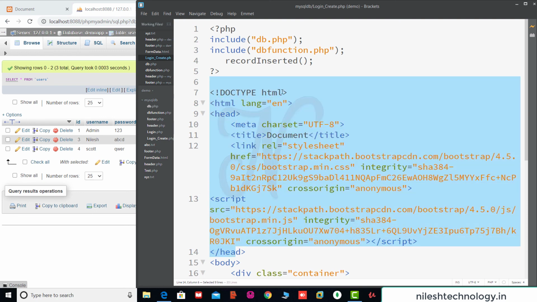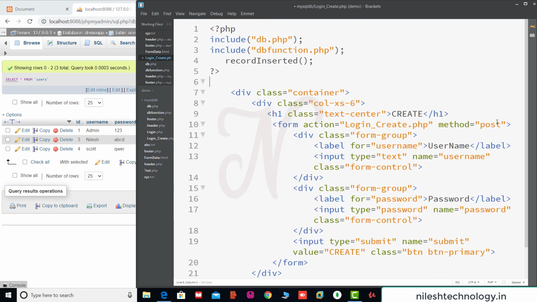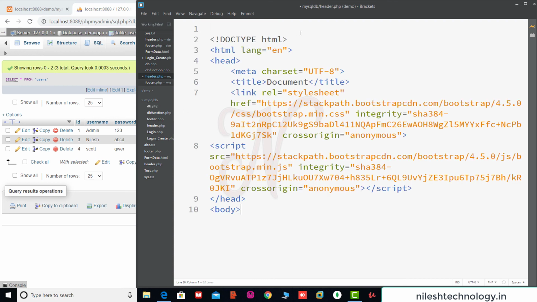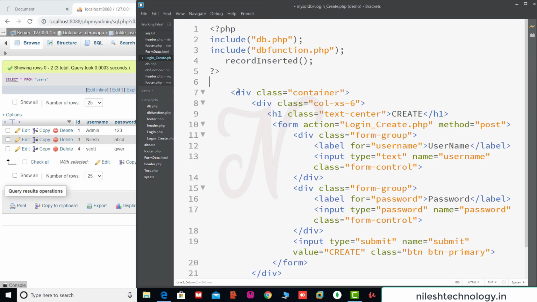Here we cut this code because we add some bootstrap code here, up to the body. Cut this code with Control X, move it into this header file, save with Control S, and go to this login create program.